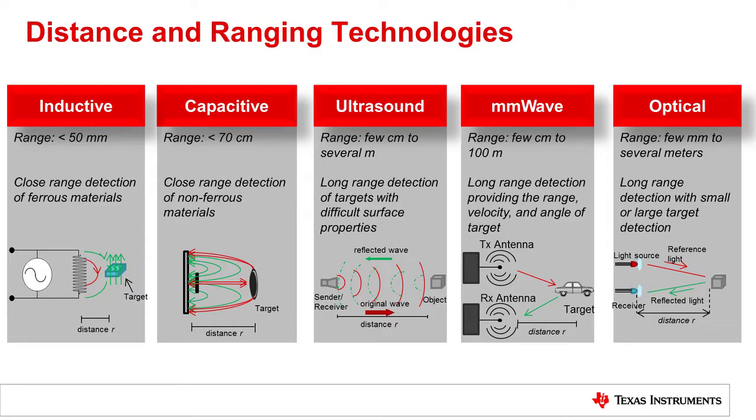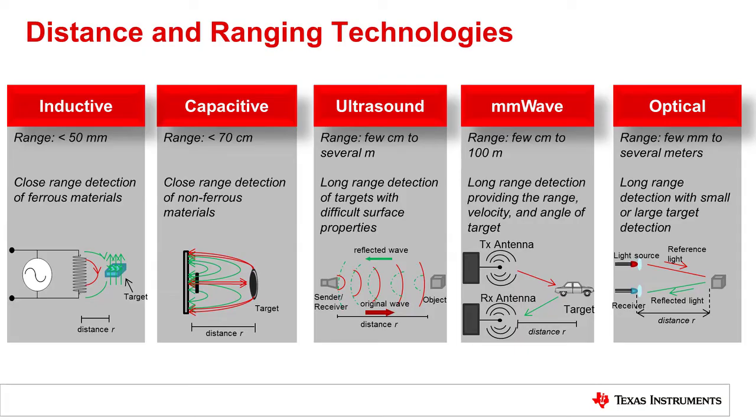Ultrasound uses sound as a reference medium that reflects off the object and is returned to the sensor. The length of time that it takes for the sound wave to return to the sensor is an indicator of the distance of the target. Based on the transducer chosen, different fields of view and accuracies can be obtained.